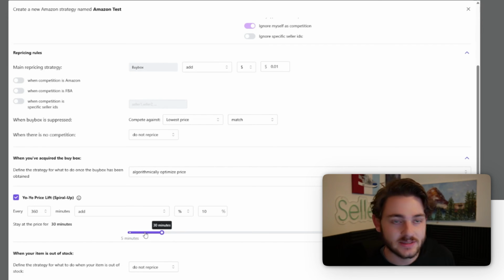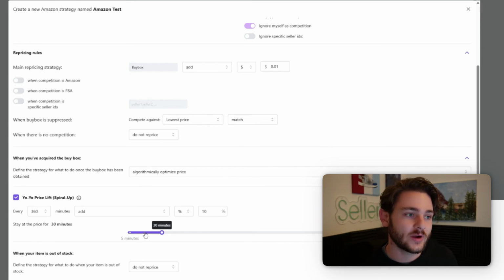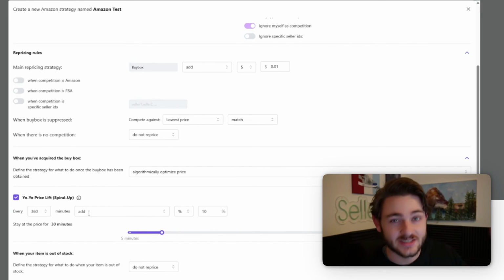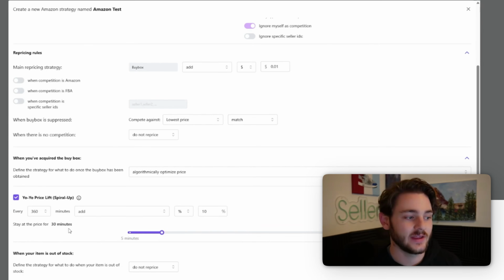is the more Amazon sellers that are doing this, the more our profit margins can be protected. Because what this really does is provide breathing room for the inevitable price reductions that can just kind of happen when competition increases. But in this case, if you have your prices going up 10% every 6 hours, it doesn't matter if prices are decreasing in the interim there, because again, the listing is breathing. It's going up, it's not selling super fast, going down, it's selling, right? So just go ahead and set up that yo-yo